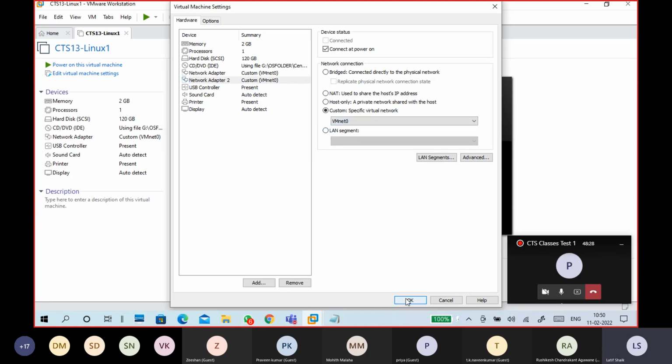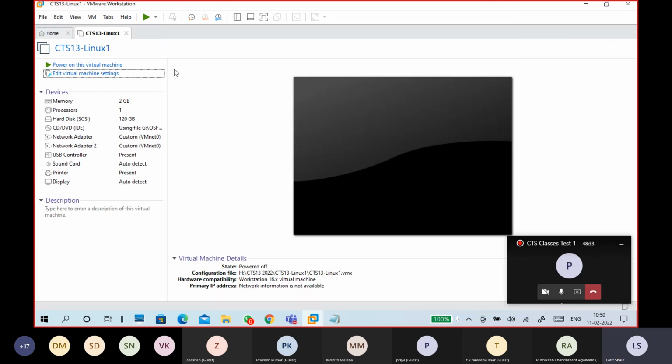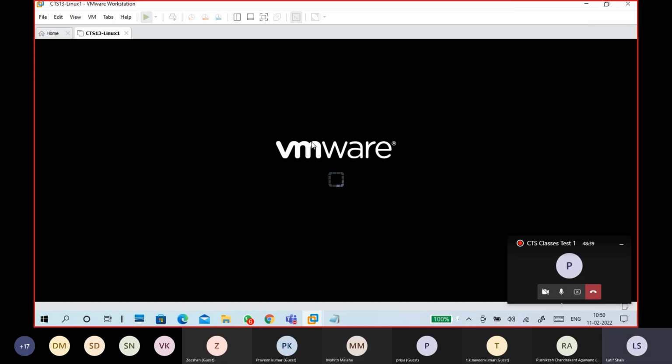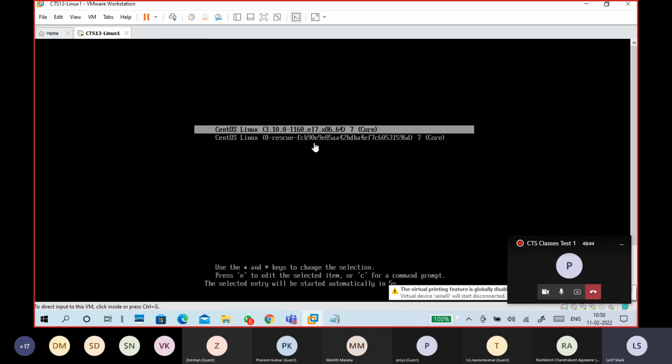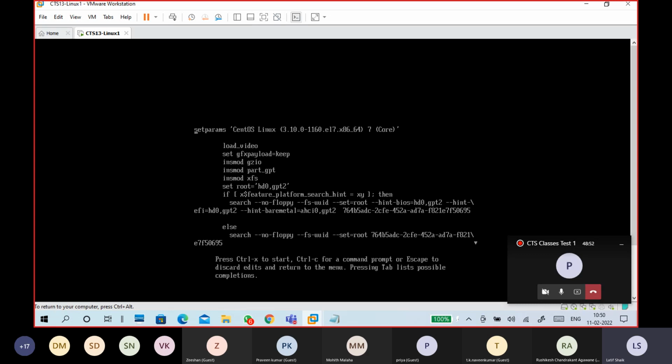So I put VMnet 0 for both. Okay. Start the virtual machine, because I don't want to disturb the existing one. So that's why. You got an error, right? Usually if you disturb in this location, you will get that kind of thing, a GRUB error.